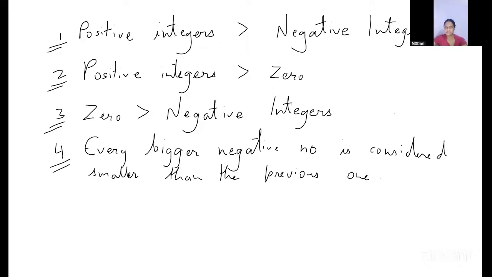Ma'am, in number 4, there was one word that I was unable to understand. Yes, Nathaniel. Every bigger number is, I can't understand the word after that. Is considered. Okay, considered. You can put this one like this also, or on the left side of 0,